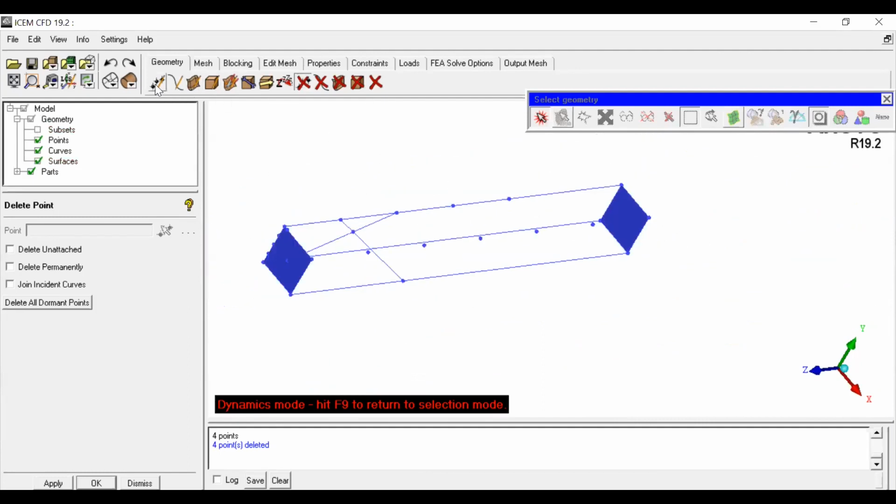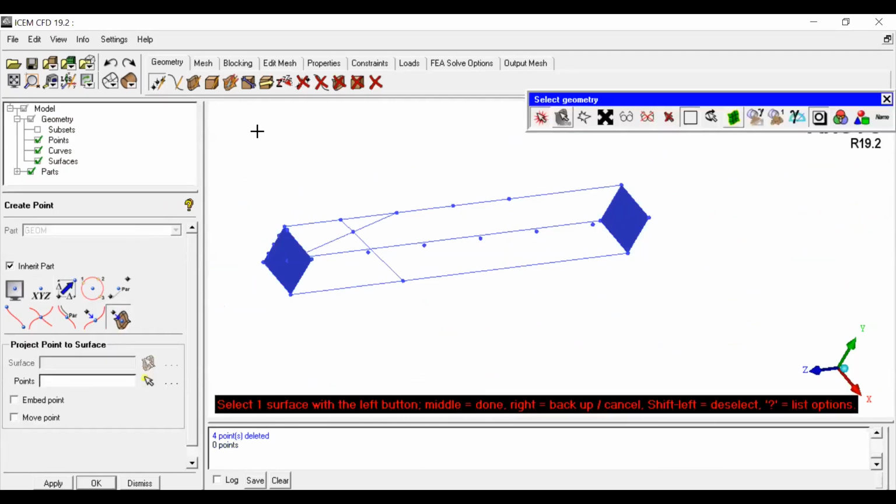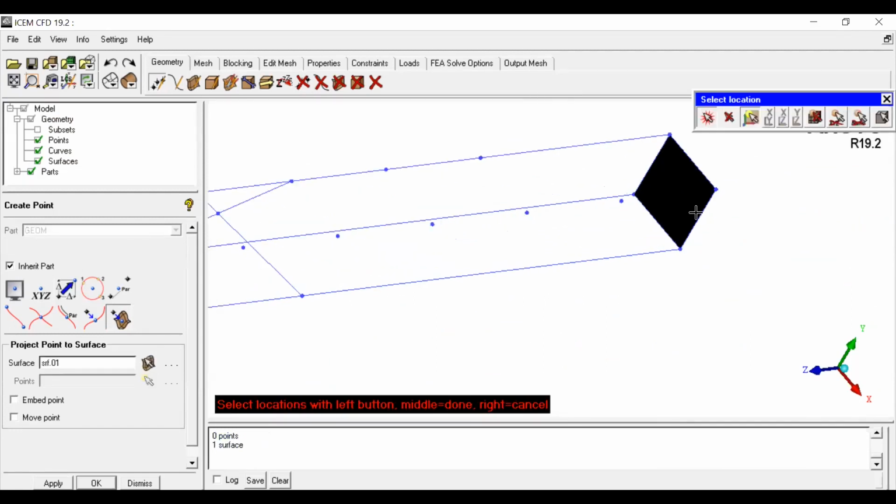So to do that, go to the points command again. There is a last command, project point on a surface. Once you select it, it will convert into cursor mode, right? It will ask you to select the surface. So this is the surface. You can see it is highlighted. Click the middle button.